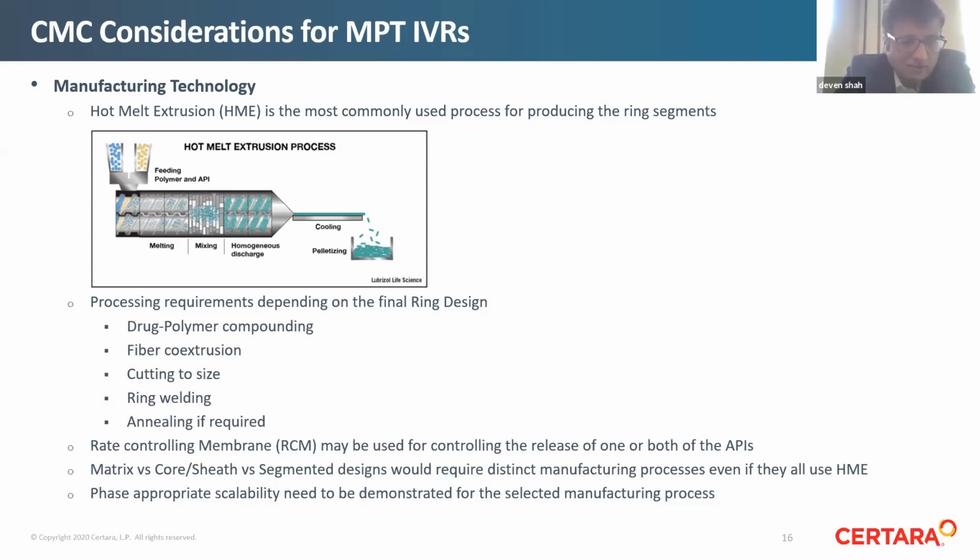So bottom line, the message I'm trying to convey is whether it's matrix, core sheath, or segmented ring design, even though hot melt extrusion might be the common manufacturing process, you will need distinct steps and special modifications to the manufacturing equipment to ensure that the final design you are able to achieve is scalable using the equipment and the process that you're using. And that leads to the final point about scalability, where you are typically looking at about